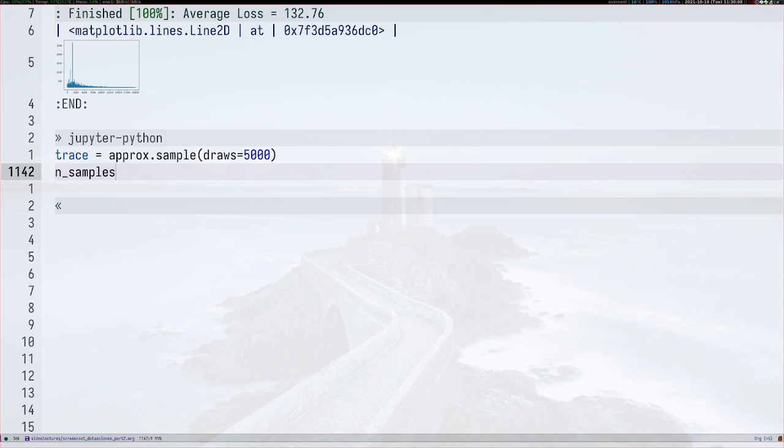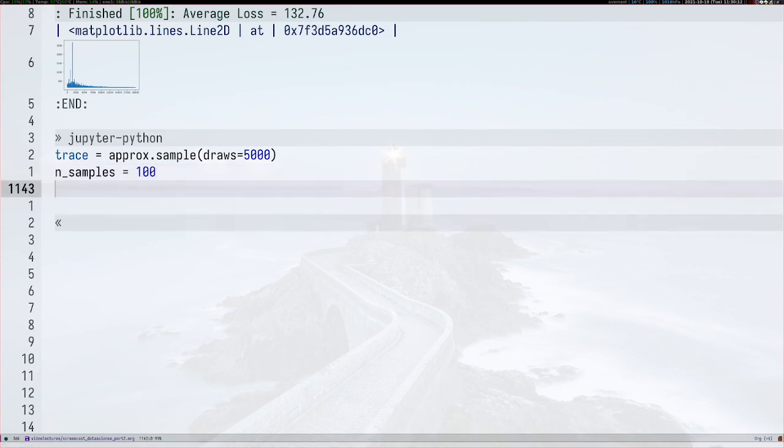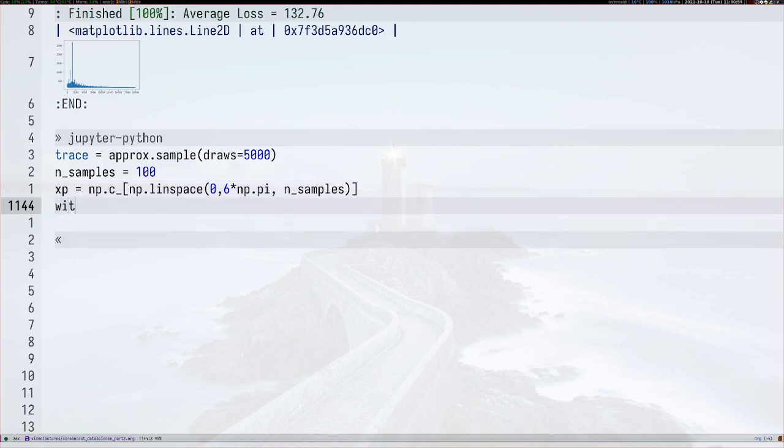Then we say the number of samples is equal to 100. So that's the samples that we're going to draw from the posterior predictive distribution. We're going to specify the range across which we want to have these samples. So we're going to specify that this is np.linspace from 0 to 6 times pi from the NumPy library. And this is the number of samples that we're going to draw. Then we say with the model that we have, which we call time series kernel,